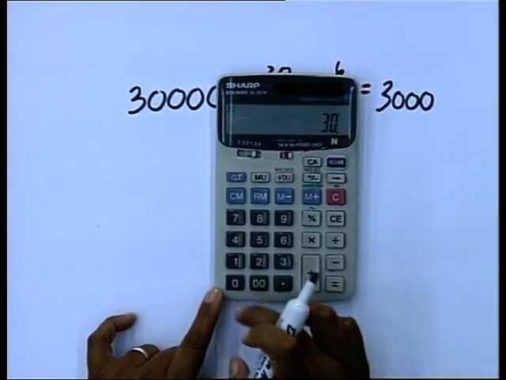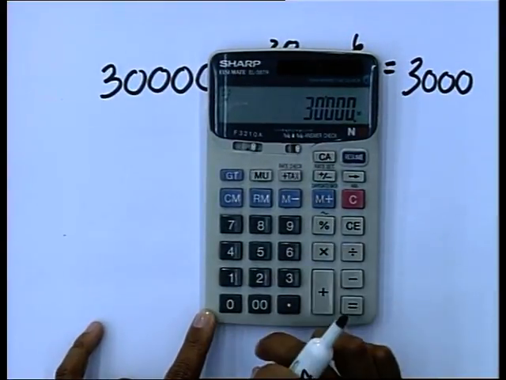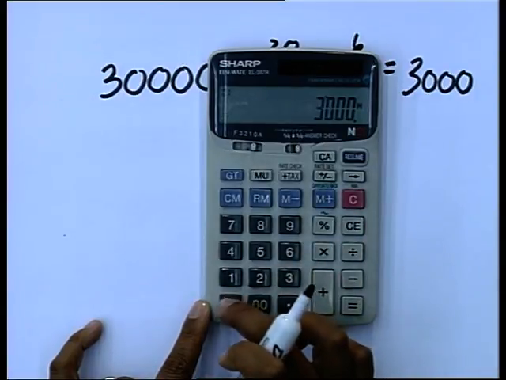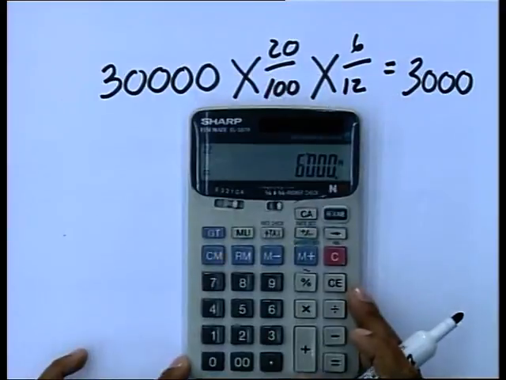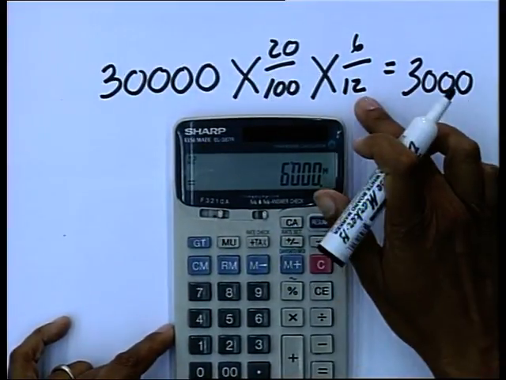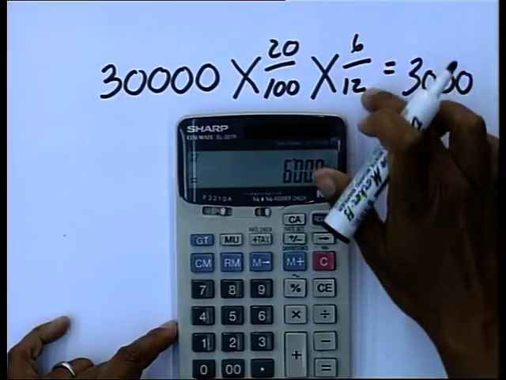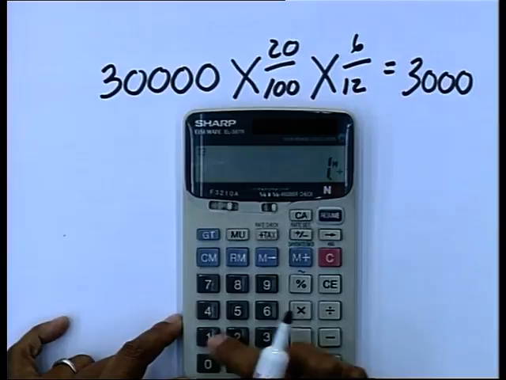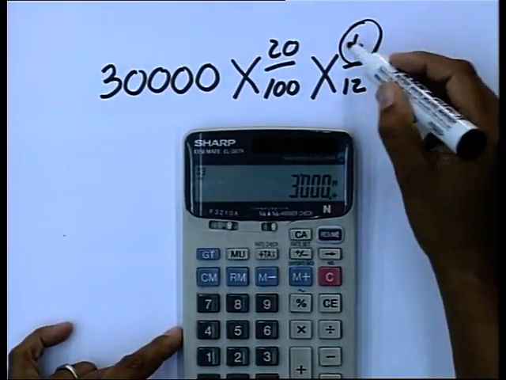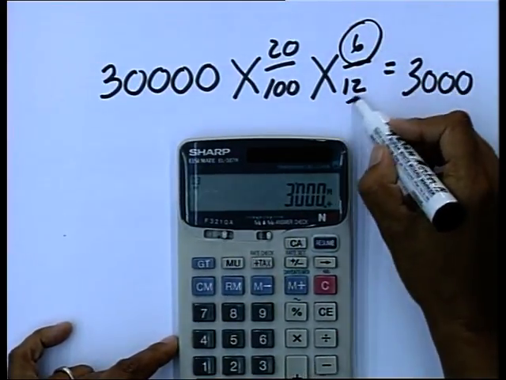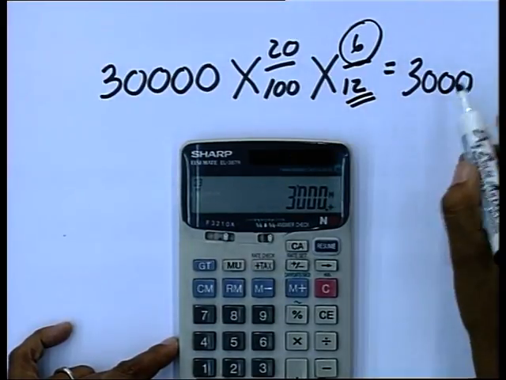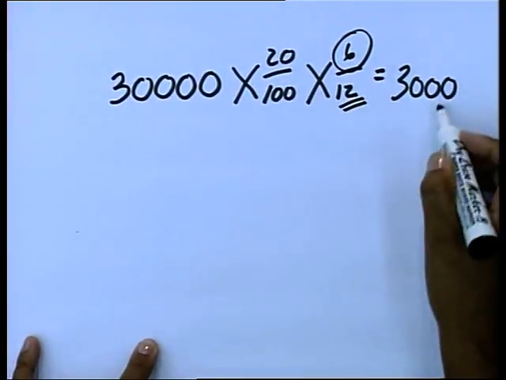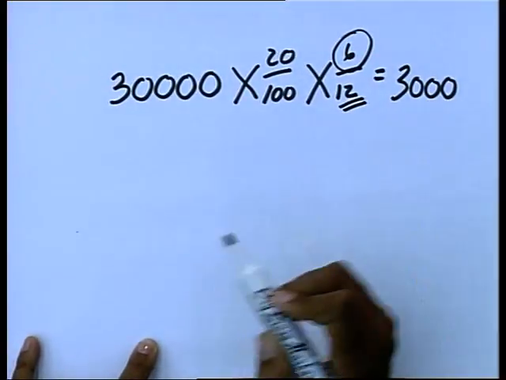Okay, we take 30,000 on our calculator, we times it by 20%. Now, that is 6,000 for the year, but we only want 6 of the 12 months. We can divide it by 2, or we can say times 6 divided by 12. Why times 6 divided by 12, learners? We only had this vehicle for 6 of 12 months, or half a year. So for the first time we depreciated it, we only took off 3,000 Rand worth